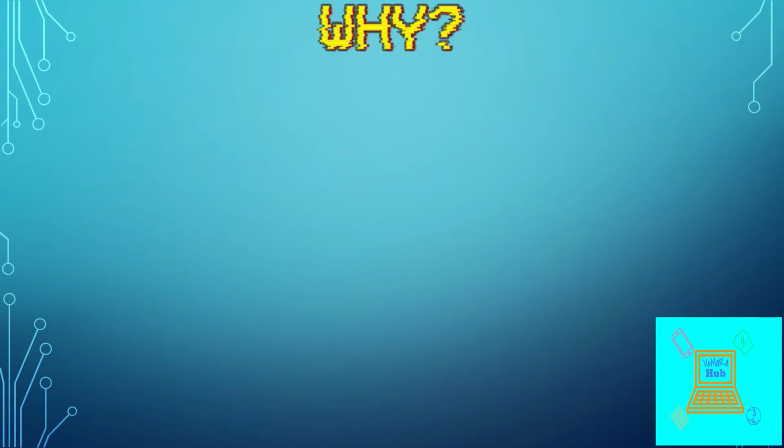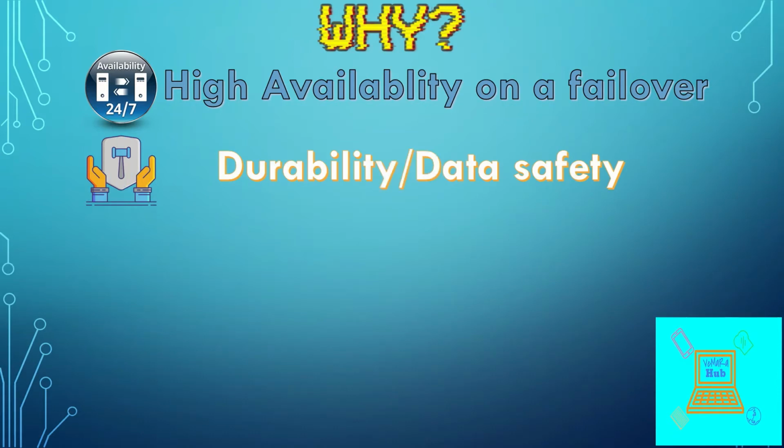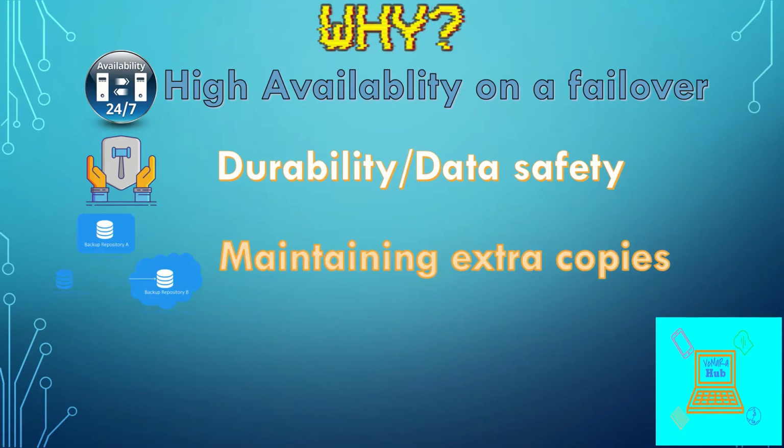So the question arises, why is replication needed in any database system? We keep any critical Mongo database in replication mainly to have high availability on a failover. That is, if one of the replicated nodes fails, we'll have others to keep the show running. Another usage of replication is durability or data safety of our data. By having replication, we don't have to fear data loss. By having a replicated environment, we'll have extra copies of our data, which is very important for critical databases.